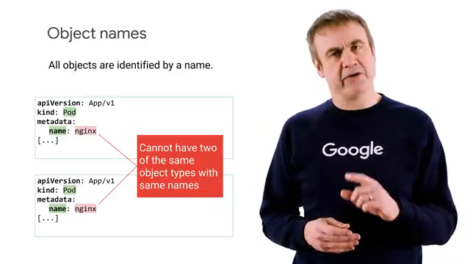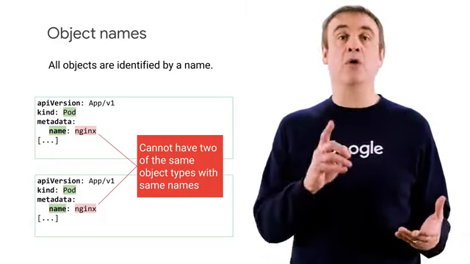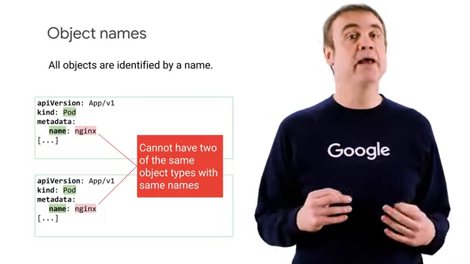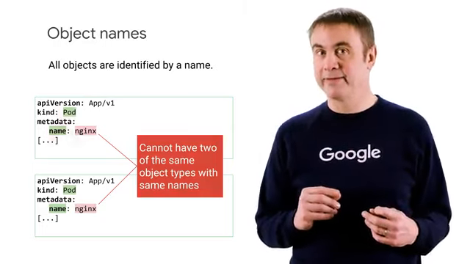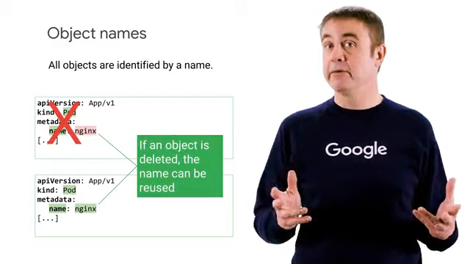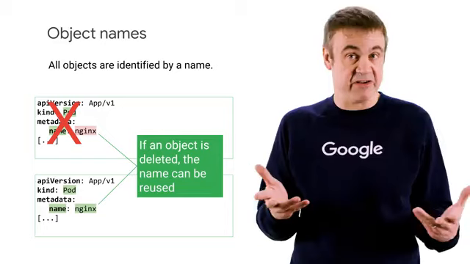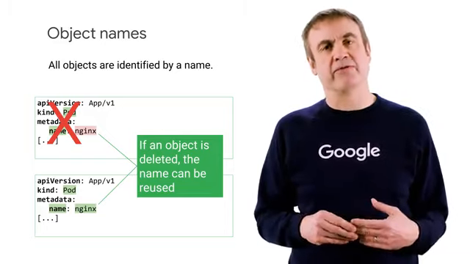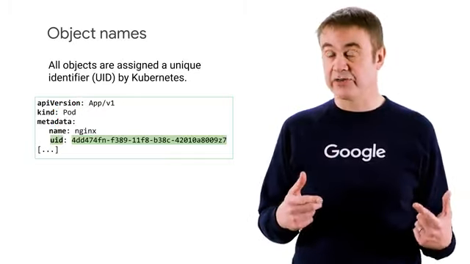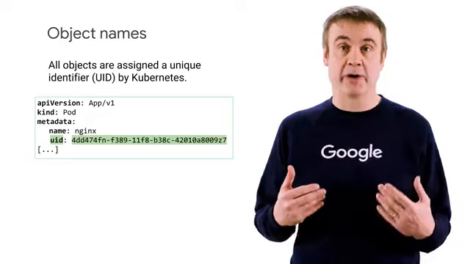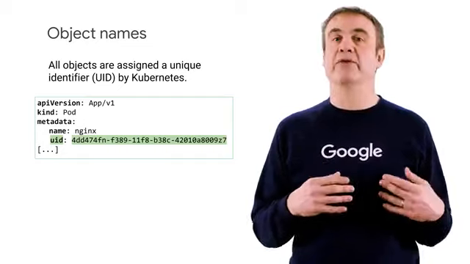When you create a Kubernetes object, you name it with a string. Names must be unique. Only one object of a particular kind can have a particular name at the same time in a Kubernetes namespace. However, if an object is deleted, its name can be reused. Alphanumeric characters, hyphens, and periods are allowed in the names, with a maximum character length of 253. Each object generated throughout the life of a cluster has a unique ID generated by Kubernetes. This means that no 2 objects will have the same UID throughout the life of a cluster.